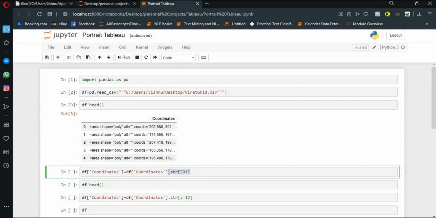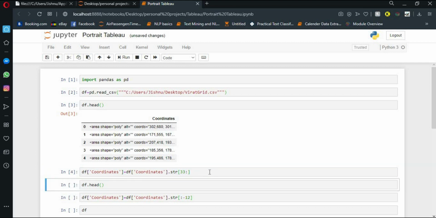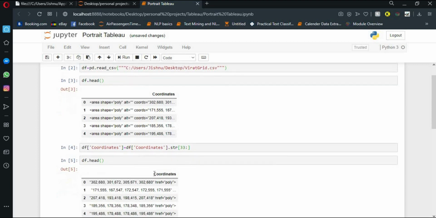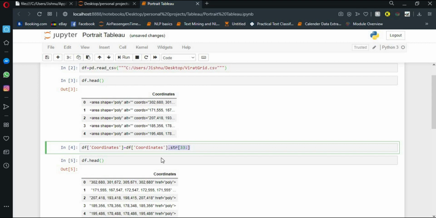So we have excluded the first 33 characters from this string. Click on it, run it, and again run this one. So the first 33 characters are excluded using this part. Is it clear? It was very easy.